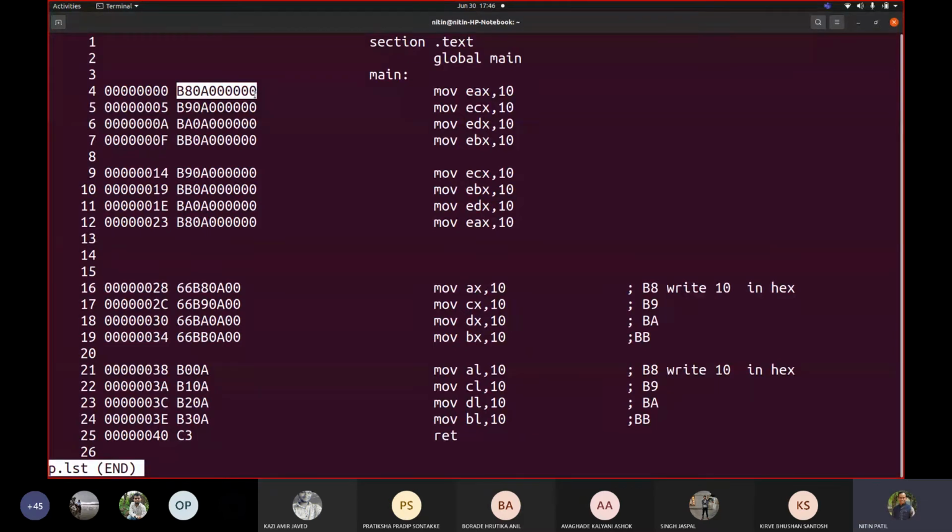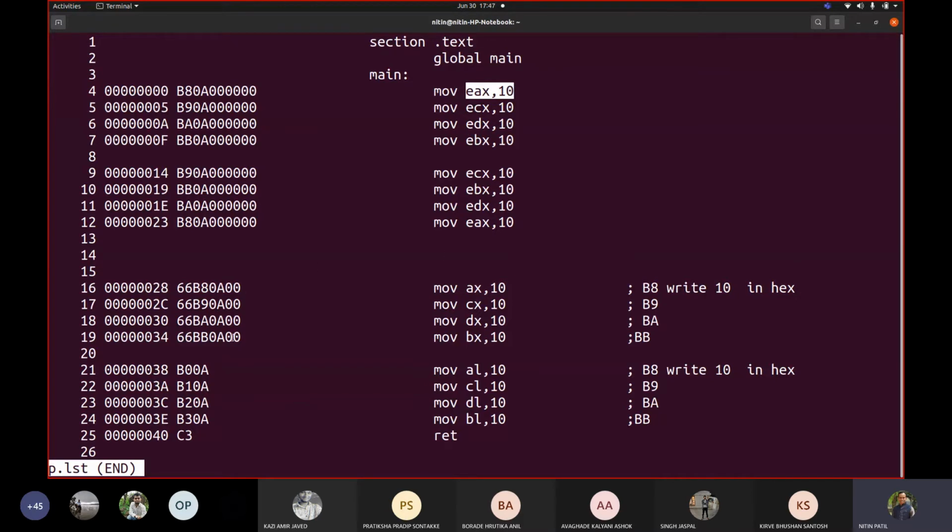So see how many forms a mov instruction can have. Correct? So we saw only one type, mov register 32, comma immediate. There we change the register to three different types: 32-bit, 16-bit and 8-bit. So for 32, 8 opcodes.